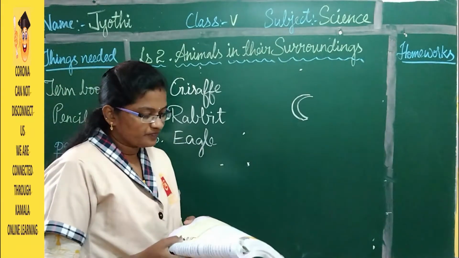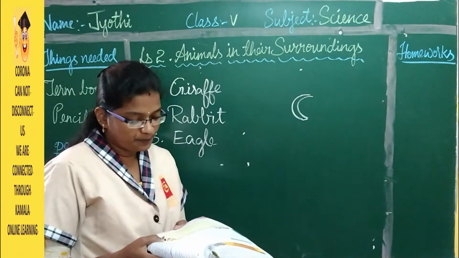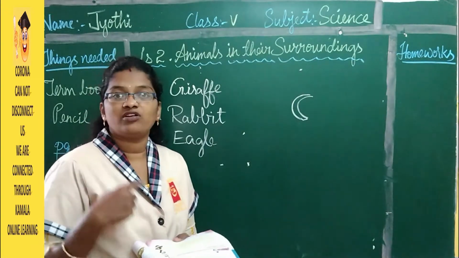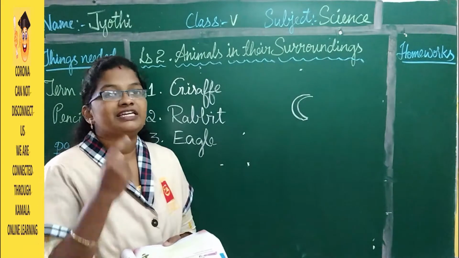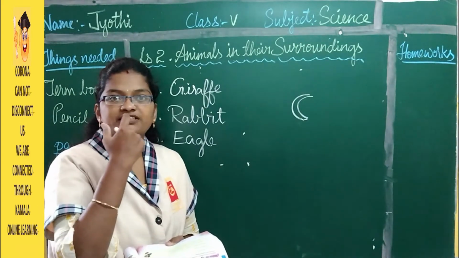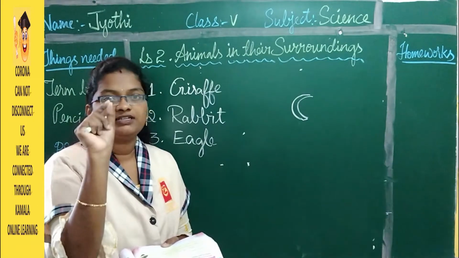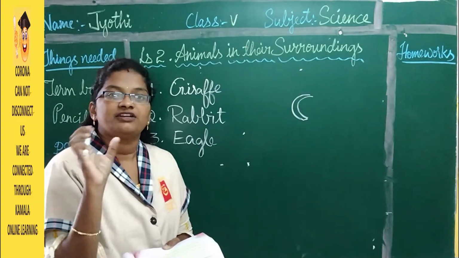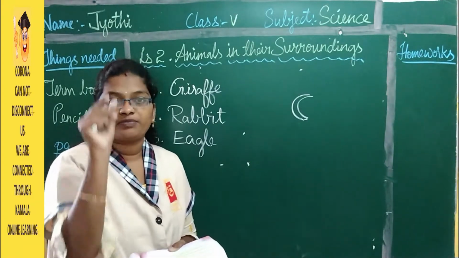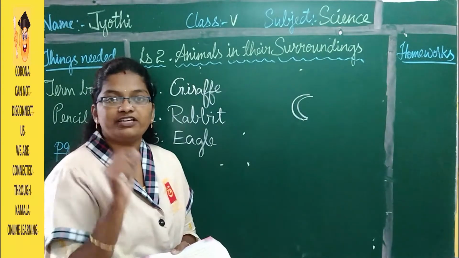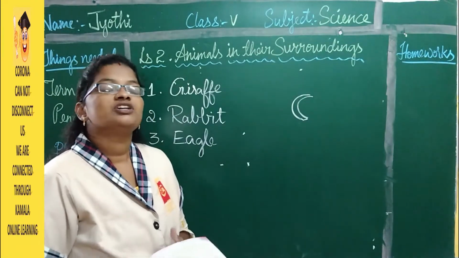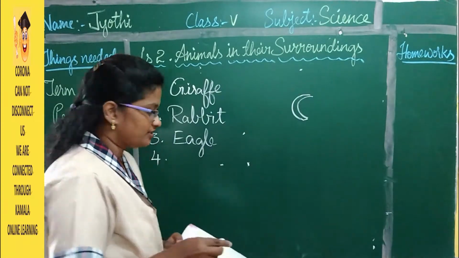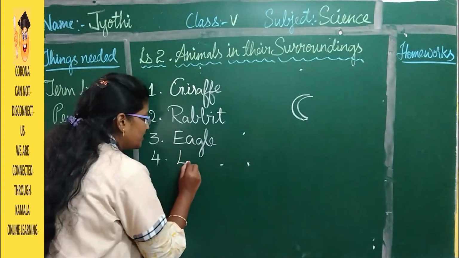And the fourth one, it has sharp pointed front teeth to tear the flesh. Even we also have sharp teeth here. Beside these 4 teeth, here we have the little sharp teeth, but for lion and tiger and cheetah, it is more sharp, long and very sharp pointed teeth. So they help to tear the flesh of the animals. So the given picture over there is lion.